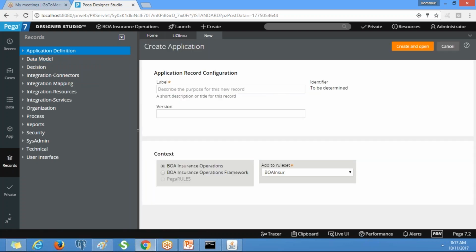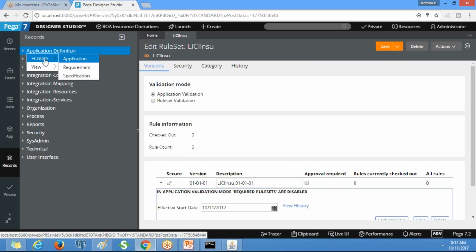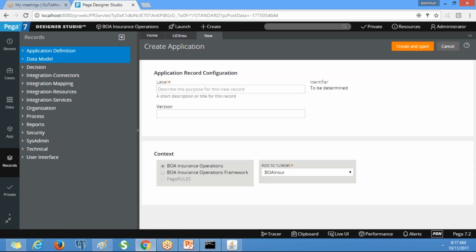I will show you one more time: right click on application definition, create, click on application. The label is LICI insurance; this is our application. If you want, you can put a complete name, like LIC insurance something.